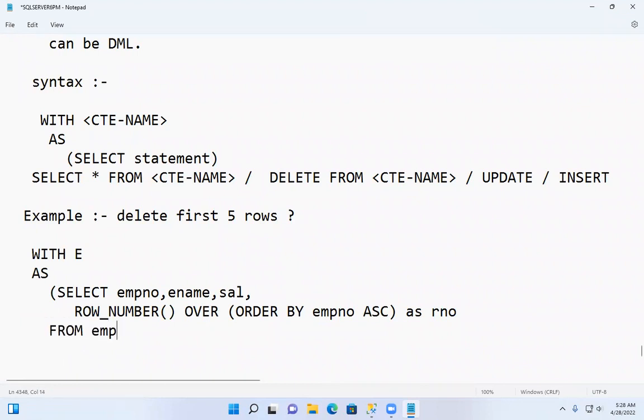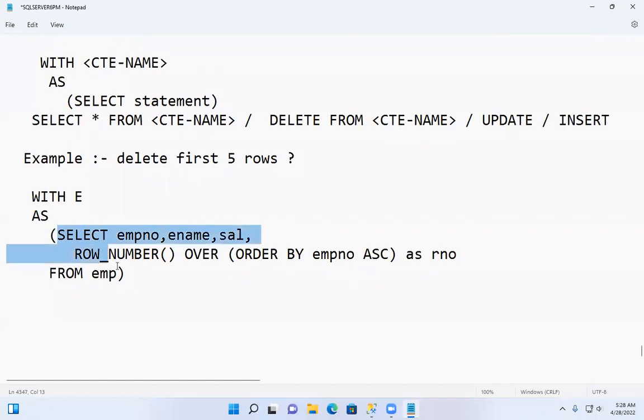From EMP. First, what is executed? This is executed, always the subquery is executed first. You are giving some name to this output. What is the name given to this output? E. And we can refer to this in another query, like a select query, delete query, update query, insert query. How to refer to this? Now I want to delete the data from E. Then delete from E. Delete from E, where